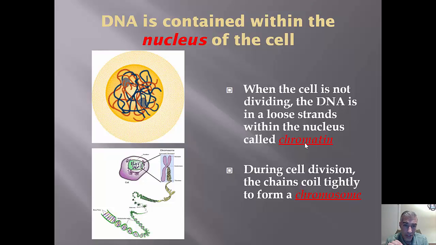Only during cell division does DNA condense to form those chromosome structures that you can see here. And we're going to talk about that more when we get into mitosis. So you can see there's the double helix structure, there's the chromatin, which is wrapped around these histone proteins, and then it gets wrapped and coiled over and over again until finally you get your chromosome structure to really condense it into a little packet that's really dense with genetic material.